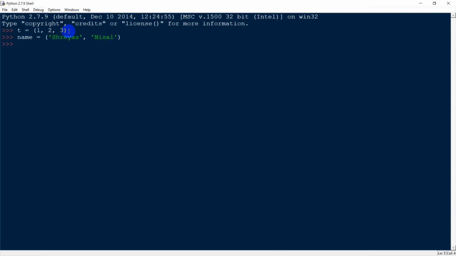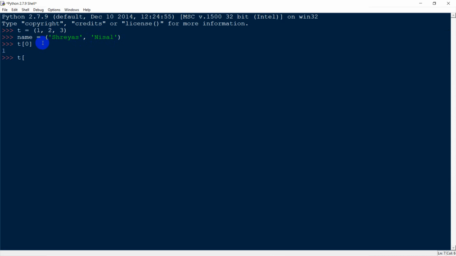These are two tuples that I have, and what I can do with these is access one of them. So as we saw with strings, here as well, every element in a tuple is given an index. So in this case, this one would be given the index 0, this one the index 1, this one the index 2, and similarly here this would be index 0 and this would be index 1. So if I say t of 0, I'm going to get a 1,